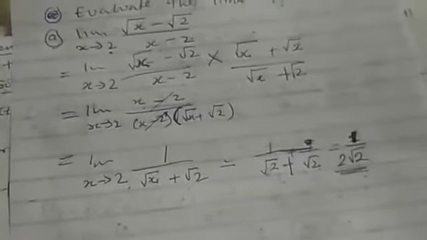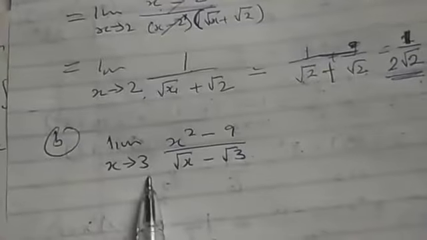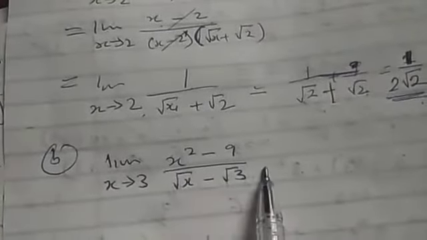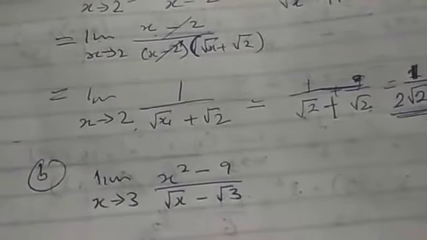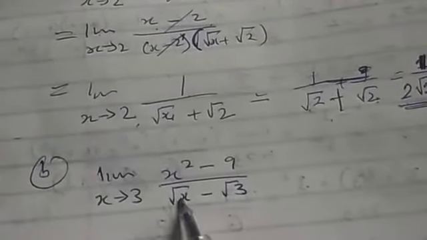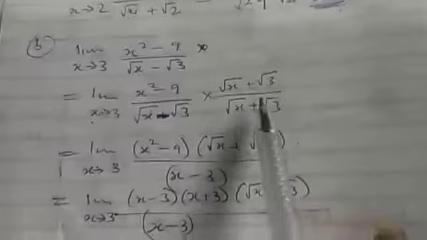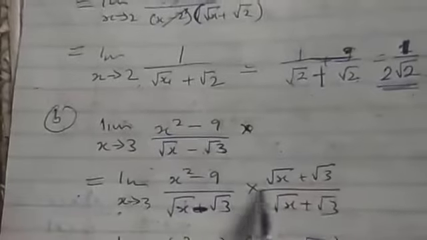So we'll consider another example. Another one, limit as s tends to 3 of this. So far we have a square root there, I can apply the rationalization method. So I'll multiply both sides by the conjugate of this, and that is square root of s plus square root of 3. So that will give me this. So I've rationalized this function, multiply both sides by the conjugate of the denominator.